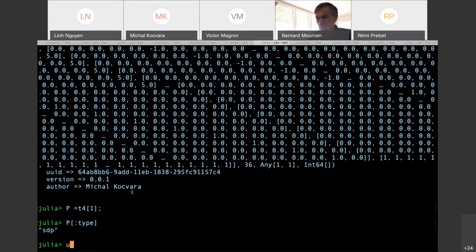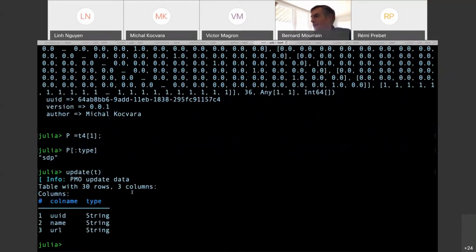I don't have a problem with all the other files, only with my problems. Could you update the table with some command like that? Oh, now it works. Okay. Sorry for that. Thank you.